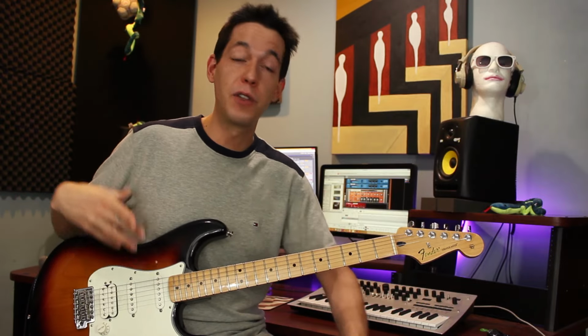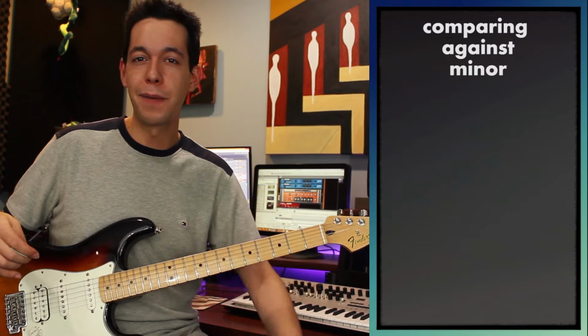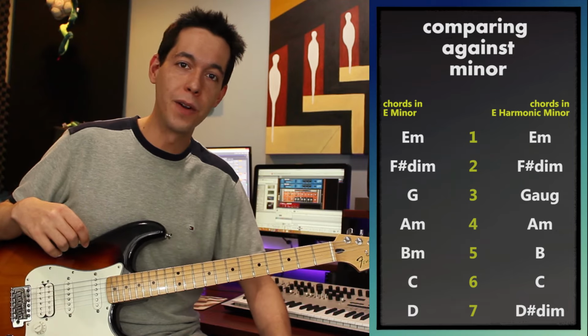Now, this isn't really what we're supposed to do as musicians. This isn't the stuff we hear a lot. We don't hear a lot of stuff that's strict harmonic minor. What we normally hear is stuff that's natural minor, and then there's just little bits of this harmonic minor stuff in there. For example, if I compare my E minor chords to my E harmonic minor chords, there's a lot